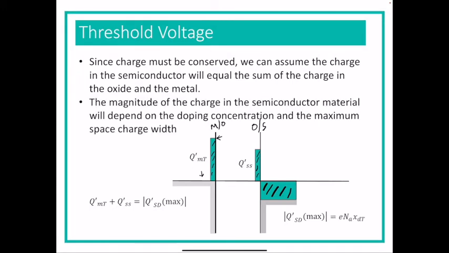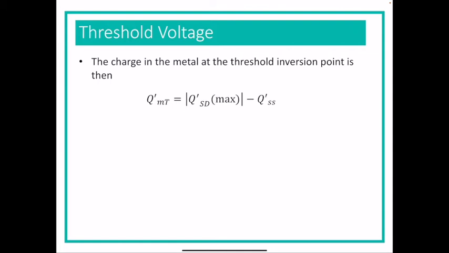We did that before, and we found that was equal to the acceptors times the distance of the space charge region, and that distance of the space charge region is what extends into the semiconductor. So this is kind of stuff that we've touched on before. So that way we can get the charge stored in the metal at the threshold inversion point